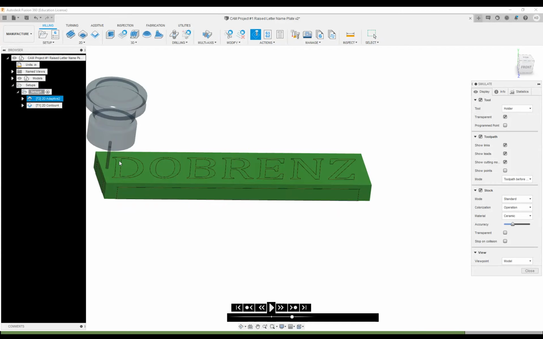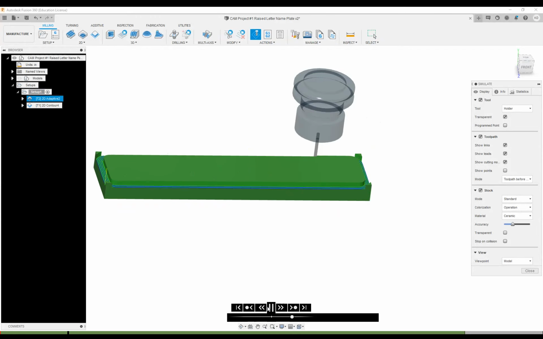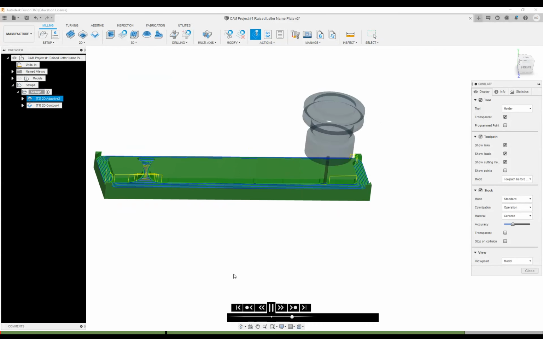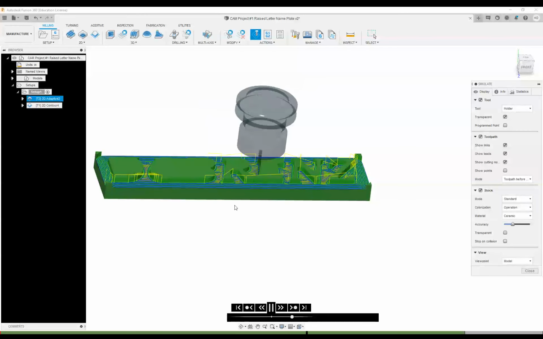Right now, you can see the letters, and that is not very accurate when it comes to real life. But what I can do is hide the model itself, and then when I play, we can see what it cuts out. And this is, I think, a little bit more of an accurate representation of what you would actually see in real life. Now, this is moving a bit quick, but